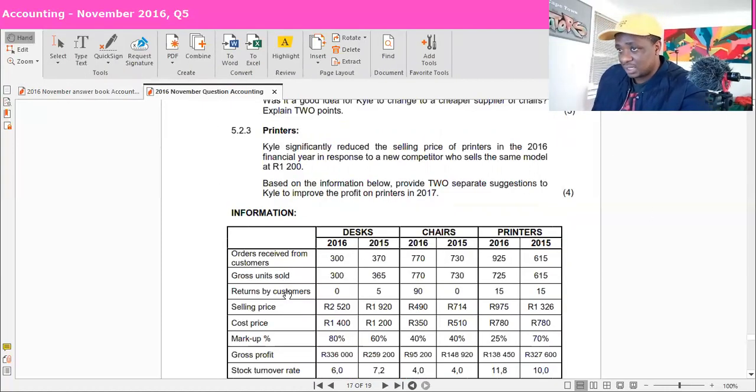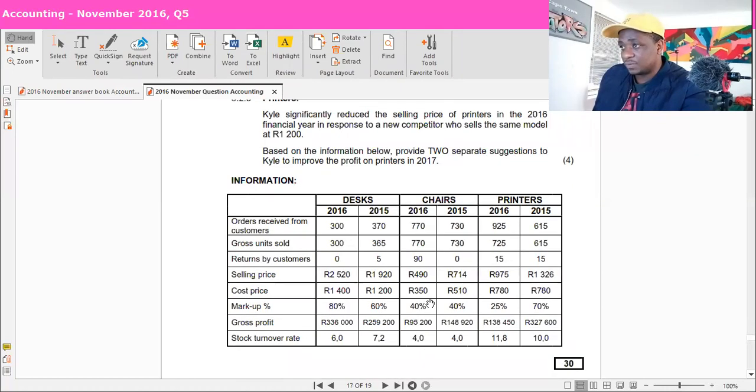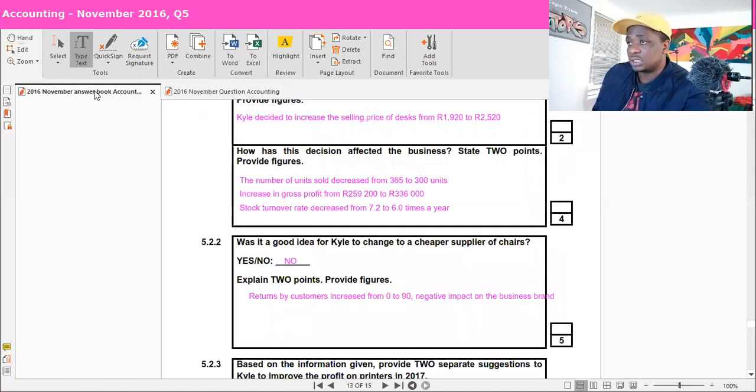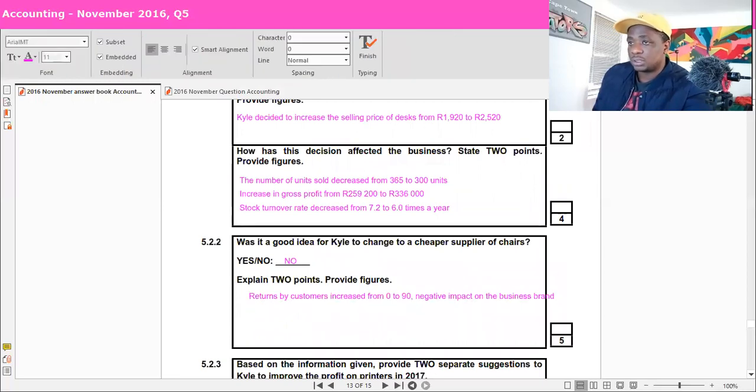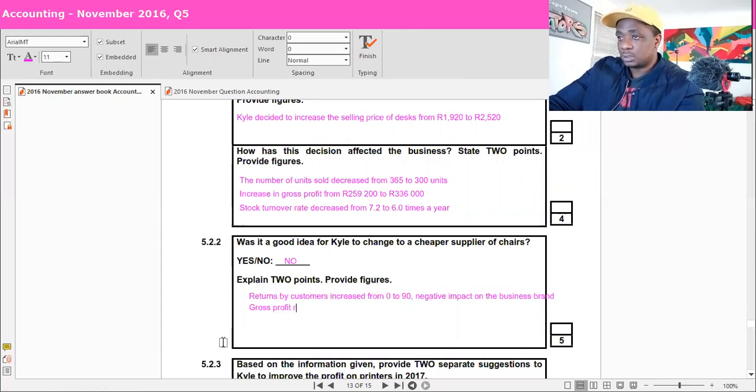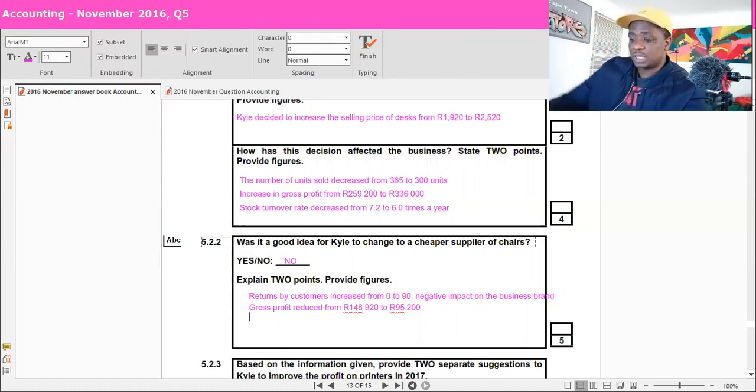And then the other effect that I did point out was the fact that gross profit decreased from 148,920 to 95,200. So let's say gross profit reduced from 148,920 to 95,200. And then the other thing that we did say was that despite